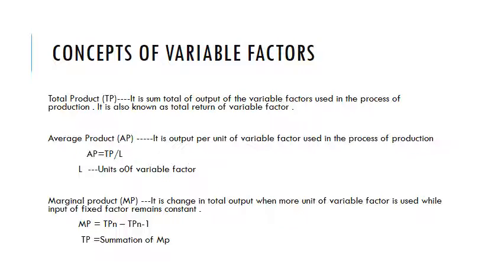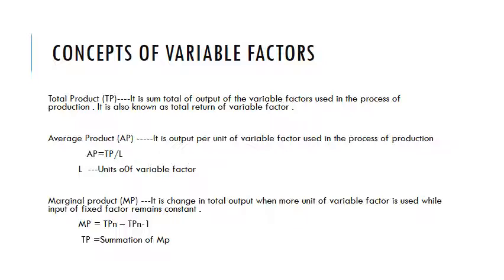You know that in the short period of time, production is increased by increasing the application of one variable factor only. So the scale of output remains constant no matter what the level of production is. The short period production function is studied with reference to returns to a factor. In this production function, factor ratio tends to change with change in volume of output.